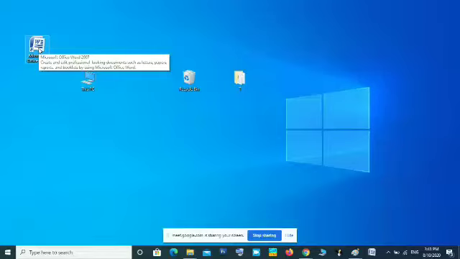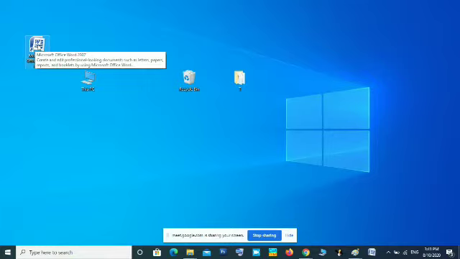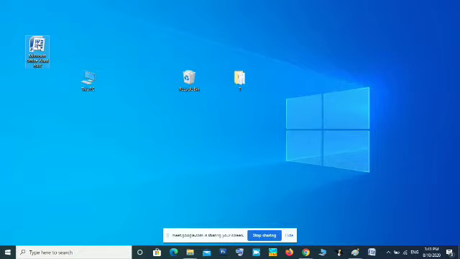Okay, now after creating, if you think that you don't want that shortcut on the desktop, you can easily delete that shortcut. One method is to click and hold on that icon. Click and hold your left mouse button and move your mouse. That is called dragging. Click and hold the left mouse button on the shortcut icon, and move your mouse, that is, drag your mouse and put it into the recycle bin.